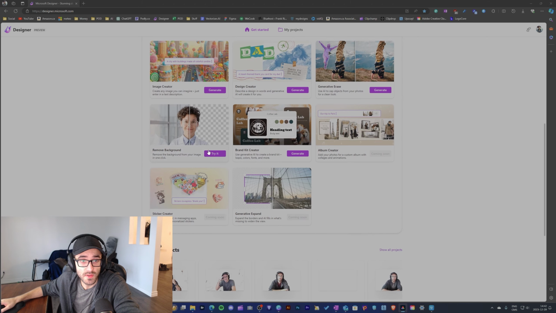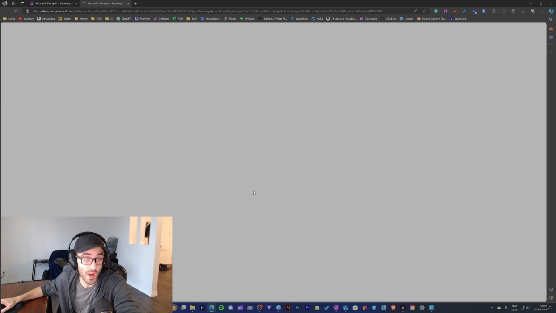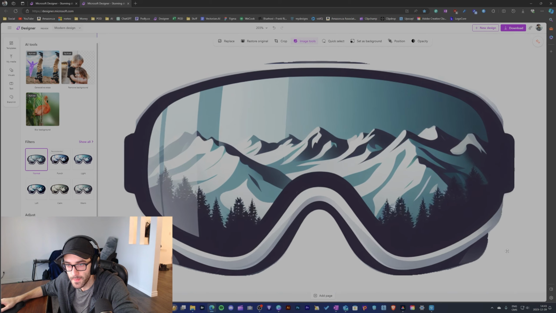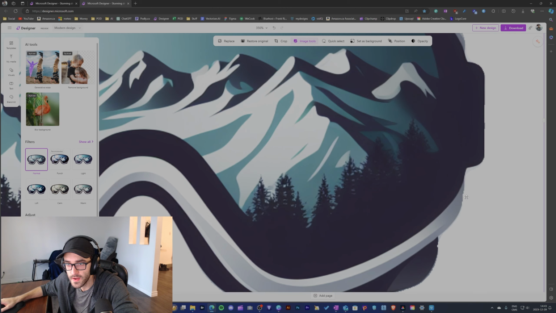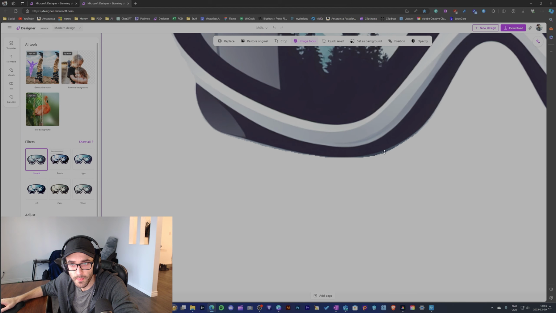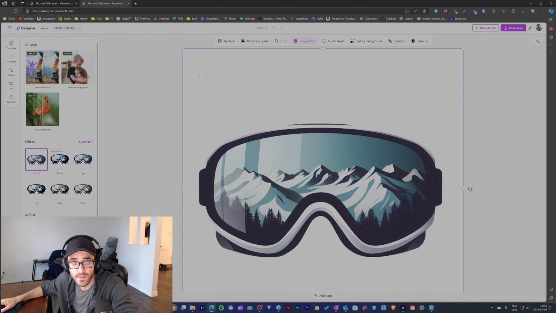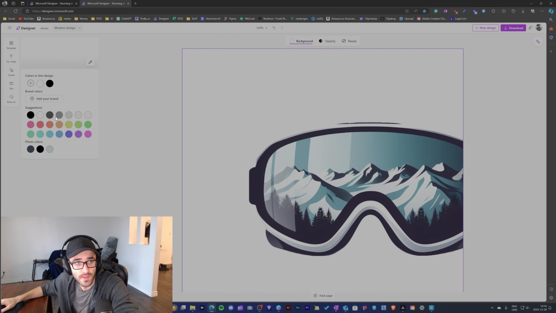So let's start with Microsoft Designer, and I'm going to select remove background here, and I'm going to slide my image number 2, which is an image that is a little bit more complex. My first thought about this is that it removed the big white background, but I think it also kind of messed up my design here. Like the edges are not very good here. My image is kind of broken or whatever, and I'm not super pleased about that because it doesn't look so good, okay? But overall, it was still able to remove the background,